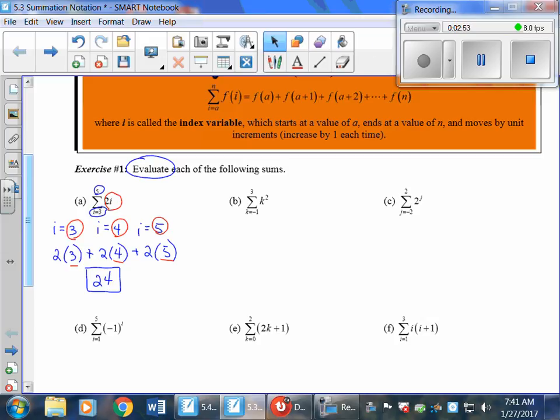Moving on to B. Now here we have a few more terms, because the index doesn't always have to be denoted by I. Sometimes it can be denoted by another letter. In this case, it's K. So here I'm going to have K equal to -1, -2,